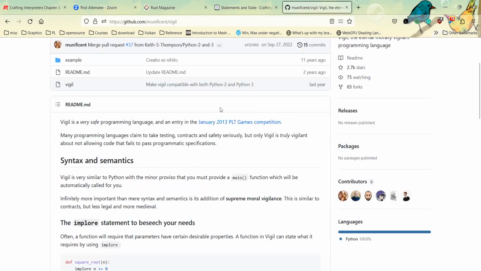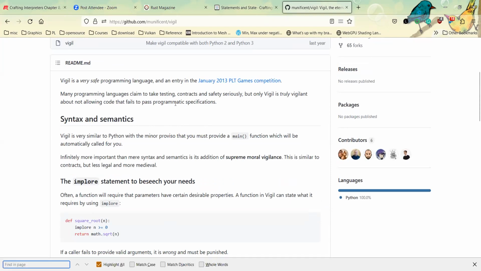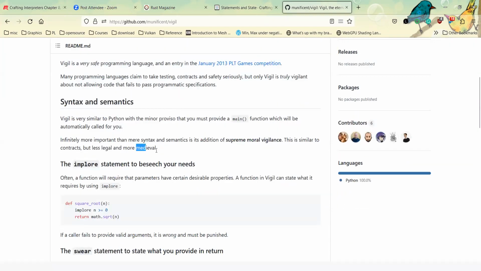You can already see it's a joke when it says this is similar to contracts, but less legal and more medieval. I was only browsing it, so I didn't get the joke. But I could see somebody saying that on a serious language. Some people are a little strange.